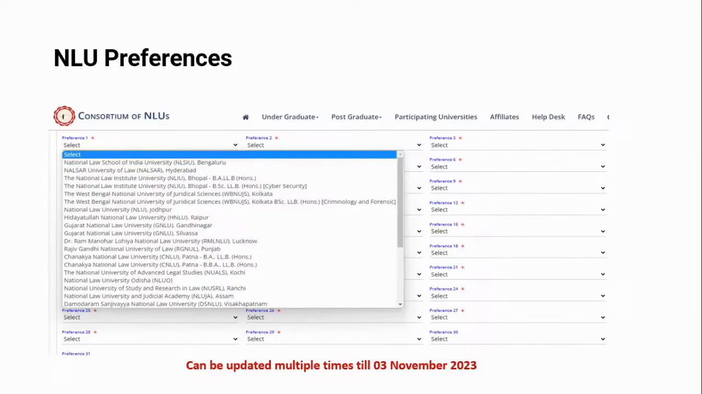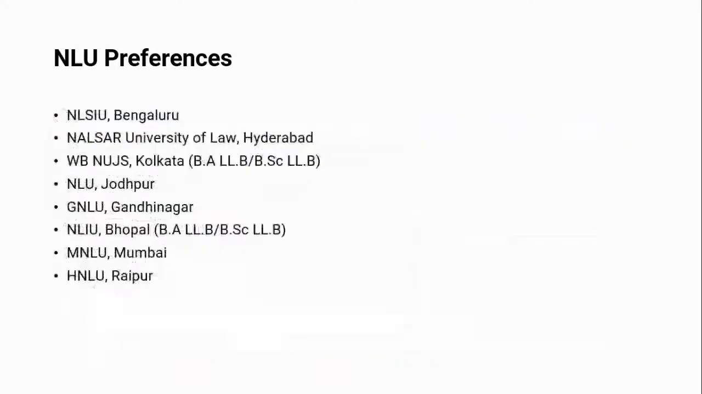So here is what I will suggest from LST. We suggest that you please be careful while filling the National Law University preferences. Do not tamper at least with the first order. Of course, NLSIU Bangalore and NALSAR come on top. When it comes to NUJS,